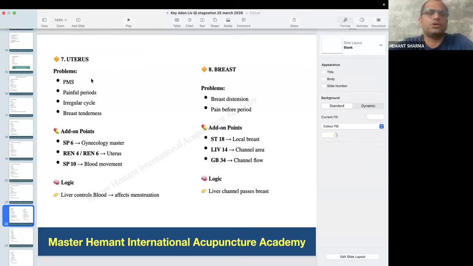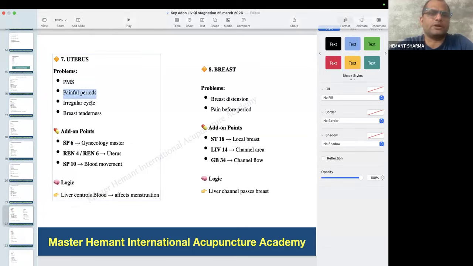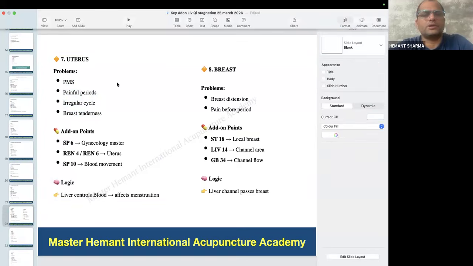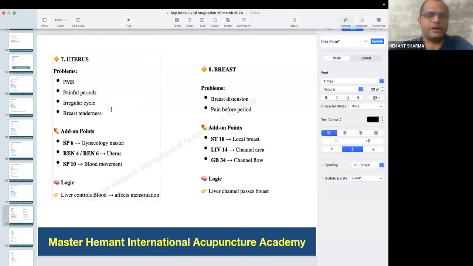Uterus. So the female is having PMS, or premenstrual syndrome, or painful periods, or an irregular cycle, or tenderness in the breast, irritability, anger, all the signs of liver chi stagnation present. First is the master formula. After that, because